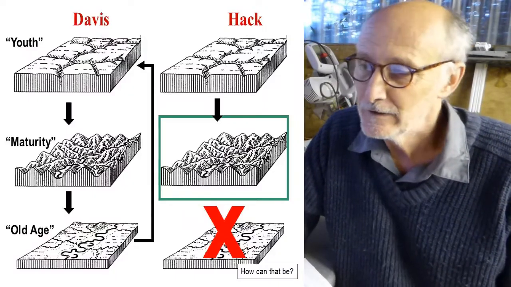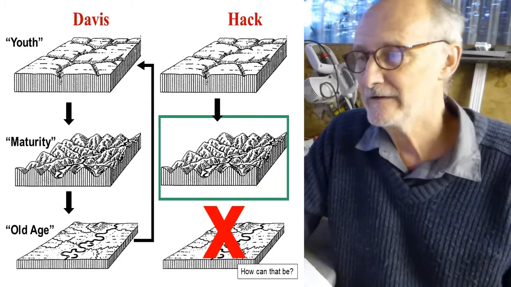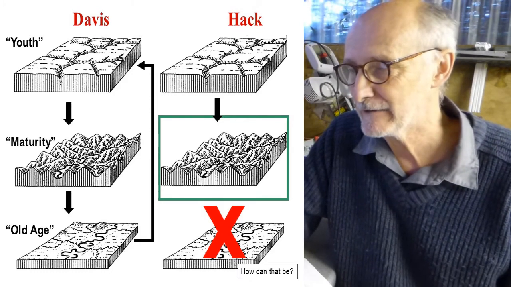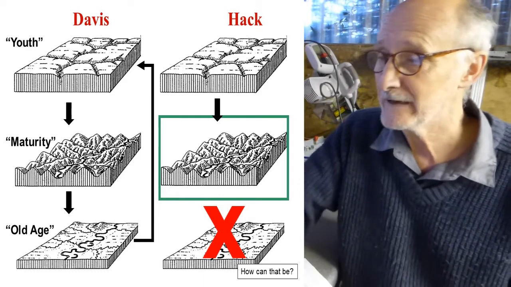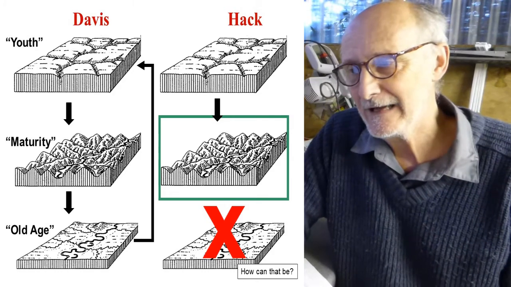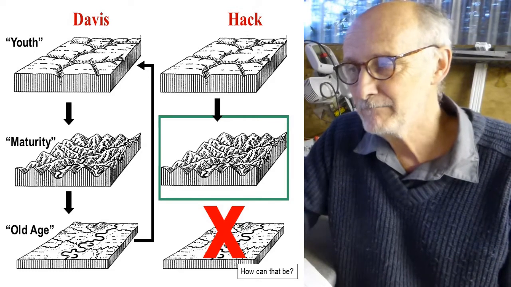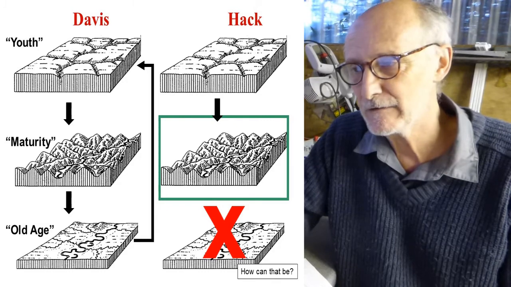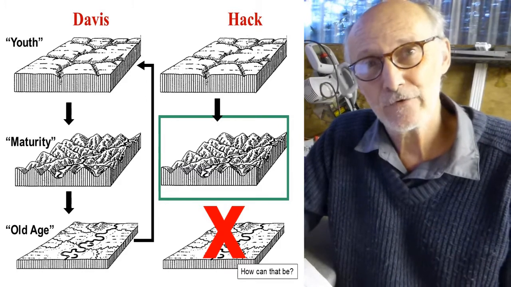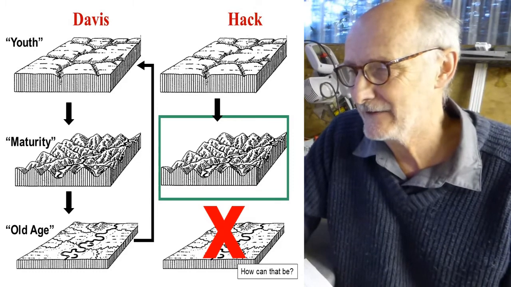So on the left-hand side there, you've got a version of Davis's model, and on the right-hand side I've got an alternative model, Hack's alternative model, which begins in the same way, if you like. You have a youthful stage, this initial stage of the landscape being worn down or altered by geomorphic processes. But then Hack says we don't necessarily have to progressively keep flattening this landscape to a peneplain. We can maintain the morphology we have in that mature stage, and we might get gradual lowering, but we won't necessarily get gradual flattening. We can retain that same morphology. That's what he's saying. How on earth can that work? How can that be?